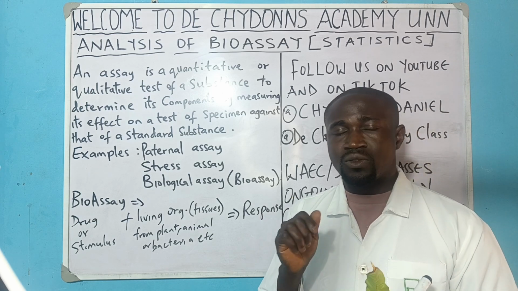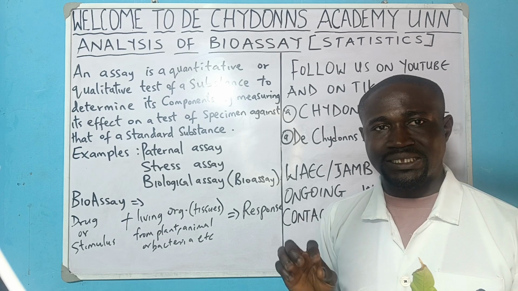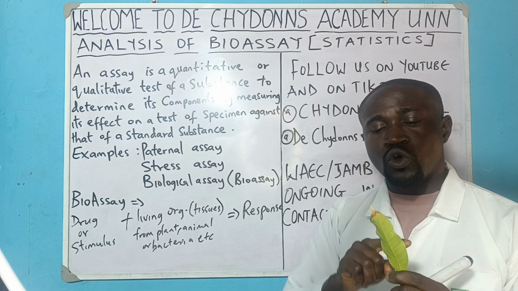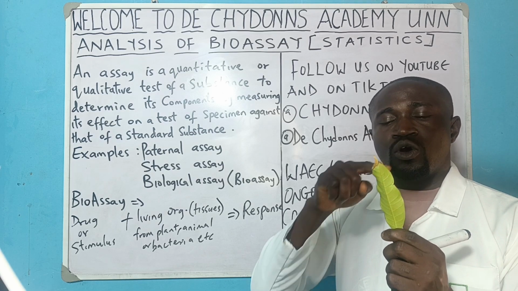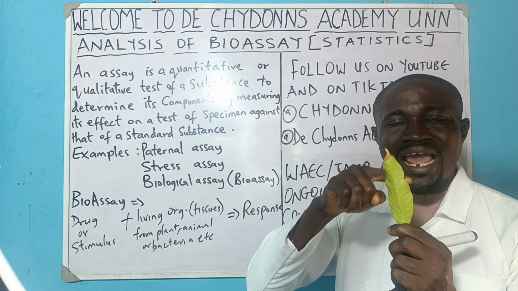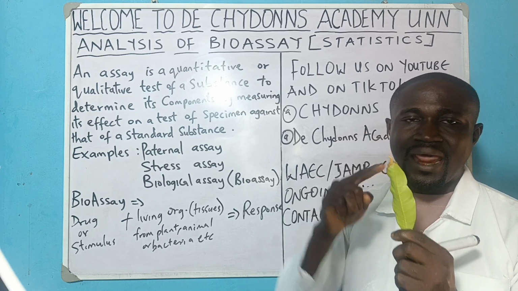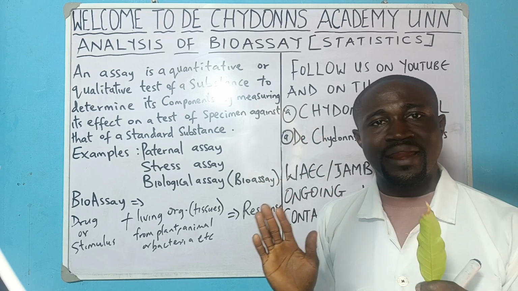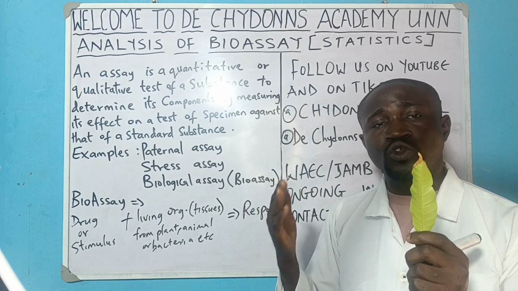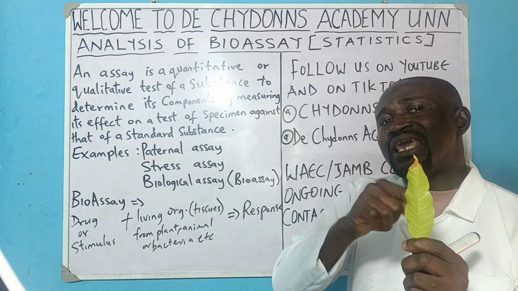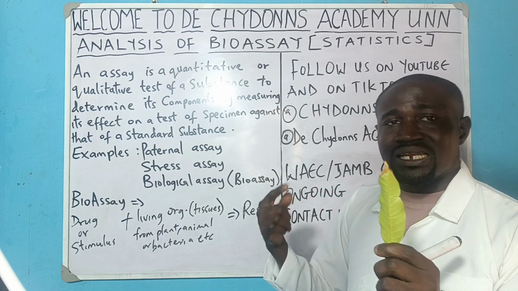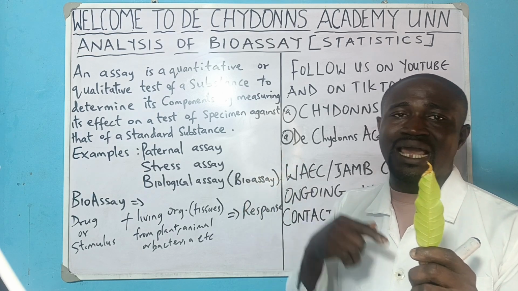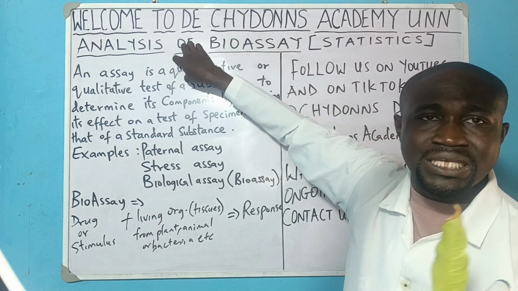So what I'm just trying to tell you is that there is equipment you have to get. You want to check the quantitative aspect. It is this equipment that will help you to read off or get the value, the quantity or the degree at which this cures malaria or not. And you can even compare it with an already existing anti-malaria agent like artemether lumefantrine, so as to know whether the extract of this is a better anti-malaria agent than artemether lumefantrine, or whether artemether lumefantrine is a better anti-malaria agent than it. This is what you will be able to get in the quantitative aspect.